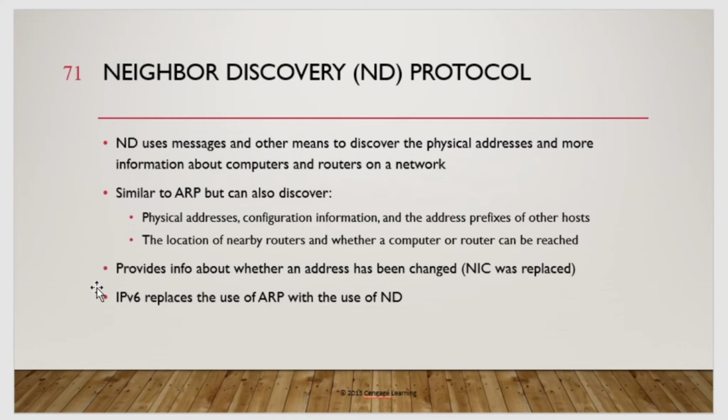It is similar to ARP but can also discover physical addresses. Pareha siya sa ARP, pero sa ARP kasi pinaka-focus niya is si MAC address para ma-assignan siya ng IP address. Pero si ND, or si Neighbor Discovery Protocol, aside dun sa MAC address, kaya din niya i-discover yung physical addresses, configuration information, the address prefixes of other hosts, the location of nearby routers, and whether a computer or router can